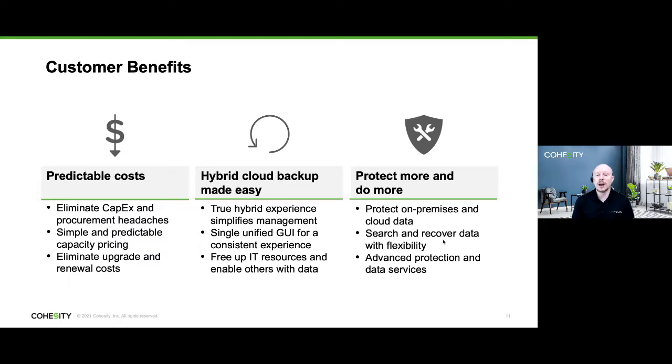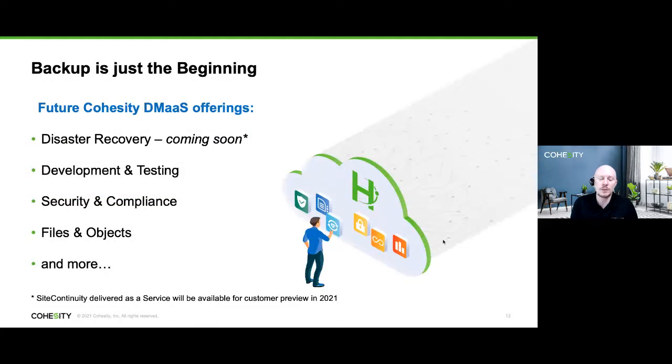It's a simple cloud hybrid environment. So if you're 100% in the cloud, we can protect you. If you're some on-prem, some in the cloud, we can protect you. Whatever you need, it's a single UI. And you really can eliminate a lot of the pain around traditional solutions of upgrade cycles, management of hardware, that sort of fun stuff. And then you can also protect data, whether it's on-prem to the cloud, cloud to on-prem. We got Google-like search to recover. So we'll index all this data so you can do some cool capabilities as far as recoverability. And then you've got some advanced protection and data services coming as part of this. So I mentioned that this is just the beginning for data management.